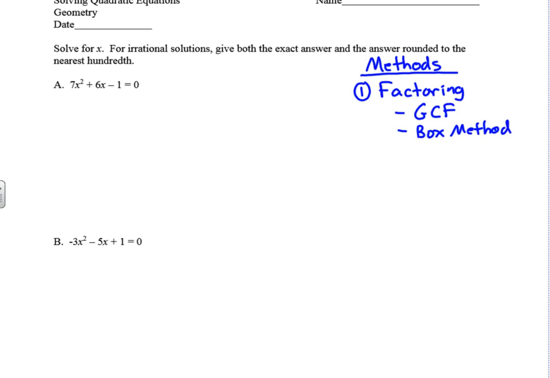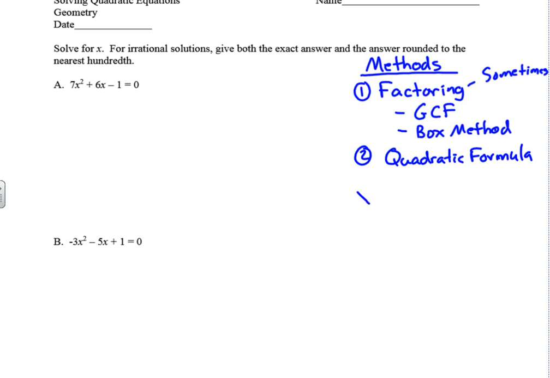Okay, factoring sometimes works. When it does work, it tends to be a little bit quicker than some of the other methods. The second method is using the quadratic formula. And this works always. So the quadratic formula is going to be on your formula sheet, but to help you